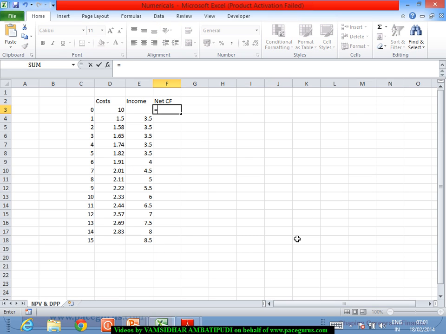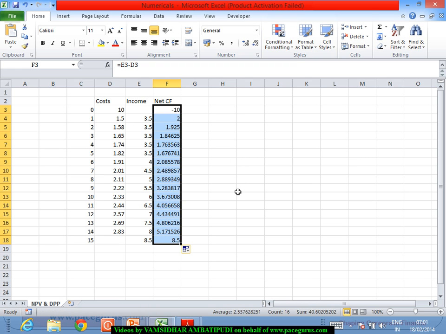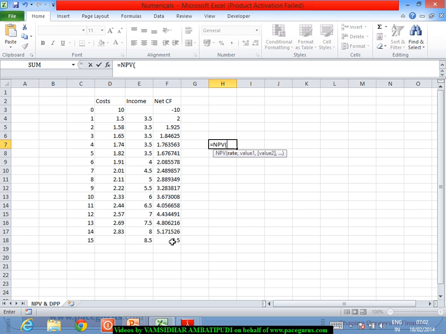The net cash flows, if I am looking at, it is the income minus the cost. So the net cash flows over each of the years is going to be this much, and at the rate of 15%, I can find out the NPV. NPV at the rate of 15%, I should be able to find out this. So the NPV is almost 15.13 crores. The cash outflow is only 10. So overall NPV, the net cash inflows is 15.13. The net cash outflow at the beginning is 10. So my total NPV for the project is only around positive 5.1 crore,